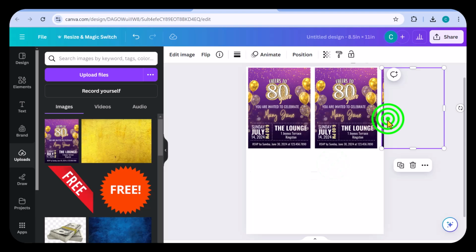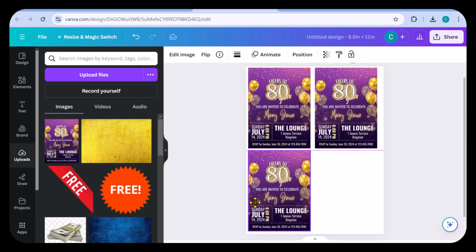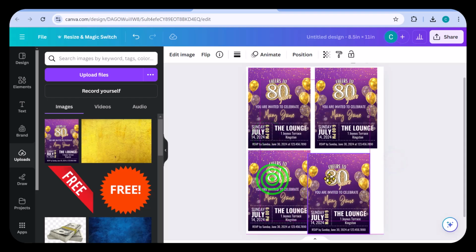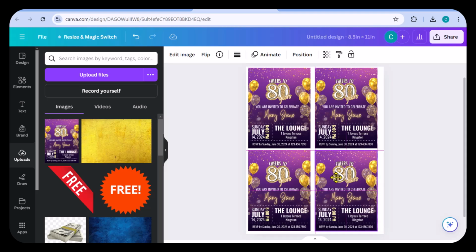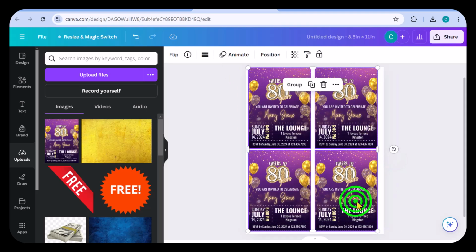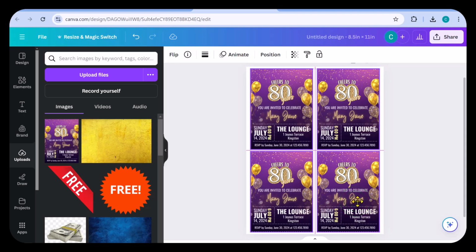With that, I'll click the copy sign and I'll place the invitation on the 4 corners of this letter-sized paper. As you can see here, the 4 invitations are now on, and I will ensure that they are centered on the paper.